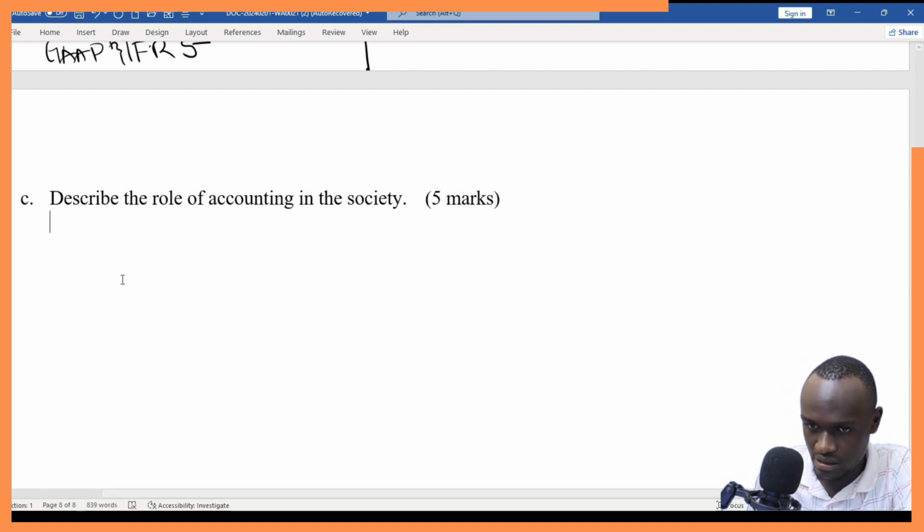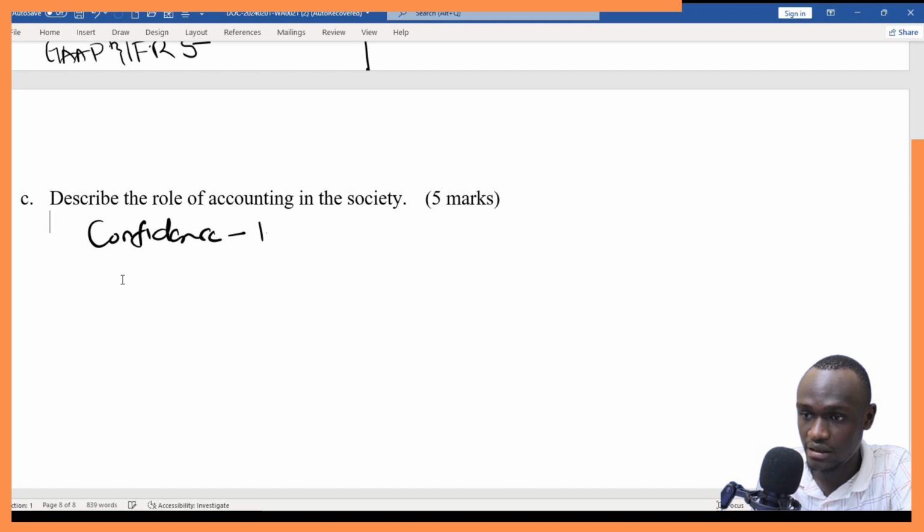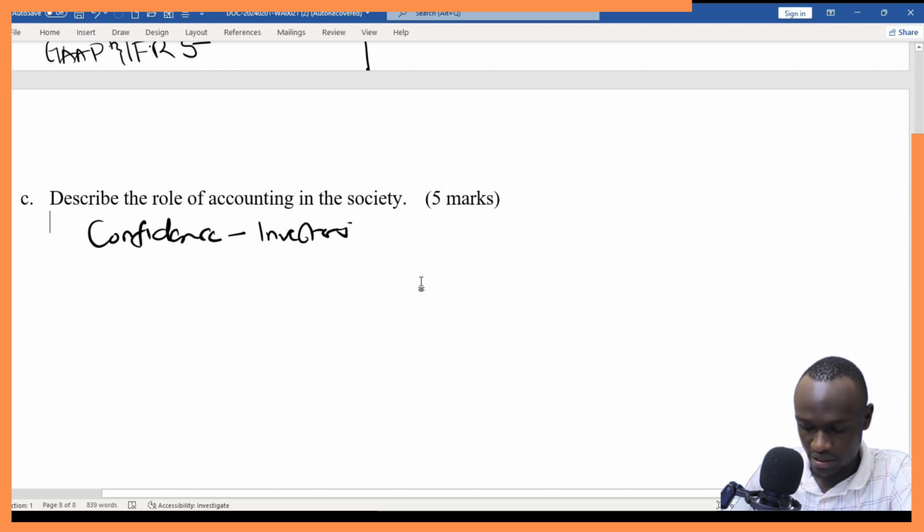So we can say that it builds confidence and trust in investors, by providing accurate and transparent financial reports, since investors rely on those reports to assess potential risks and return of